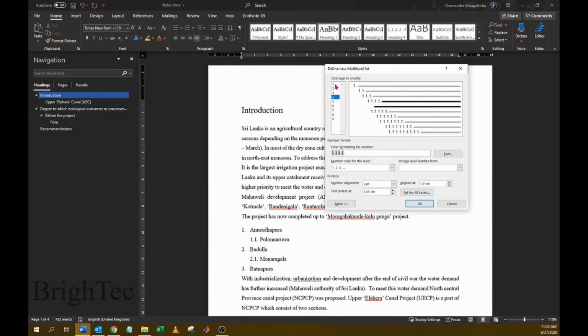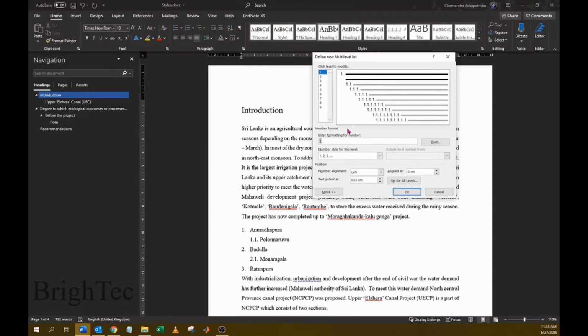So we'll start with the level 1 heading, and we'll remove this number, and under this box you can select the number style. So there are several styles of numbering which you can select. I will select this one, and if you want, you can add the dot after the number.